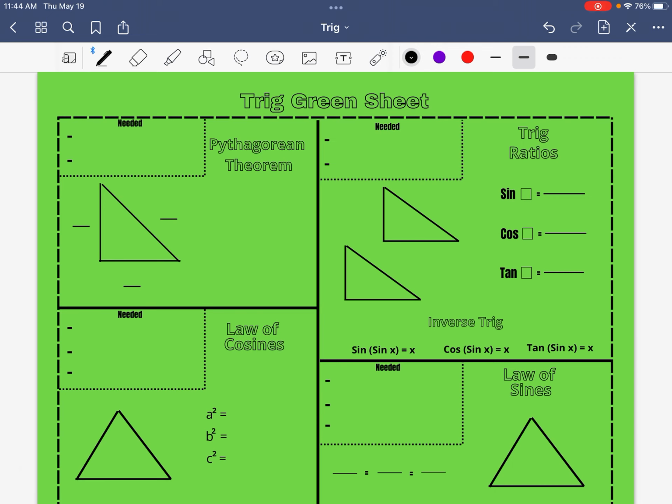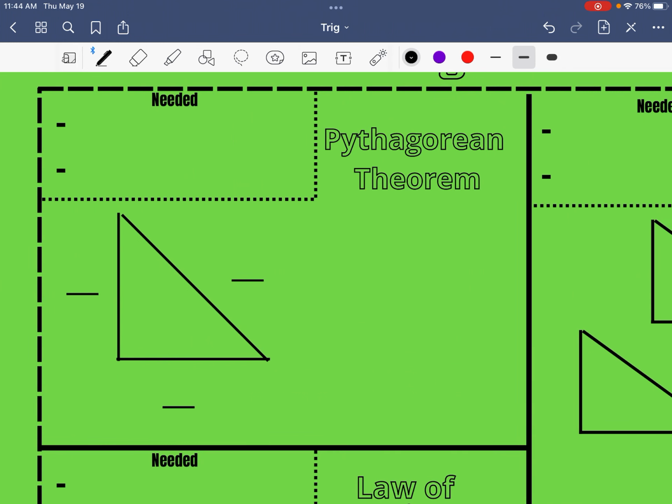Let's start off. So Trig talks a lot about triangles all over again. Geometry loves triangles. A lot of shapes are made up of triangles. And it's all about different methods we can use to find the sides and the angles of certain triangles. So for today, we're going to start off with Pythagorean's theorem. So a lot of you guys have already been exposed to this, but I'm still going to give a short